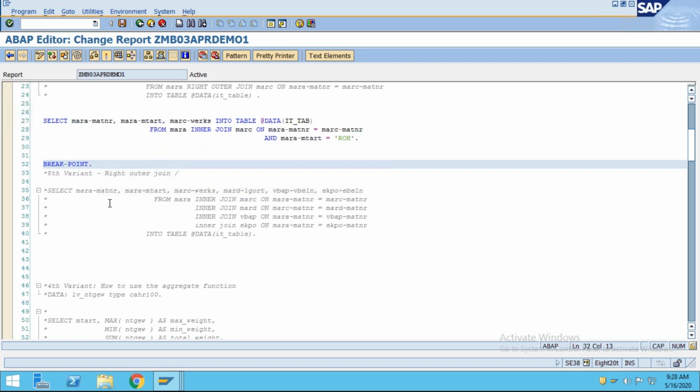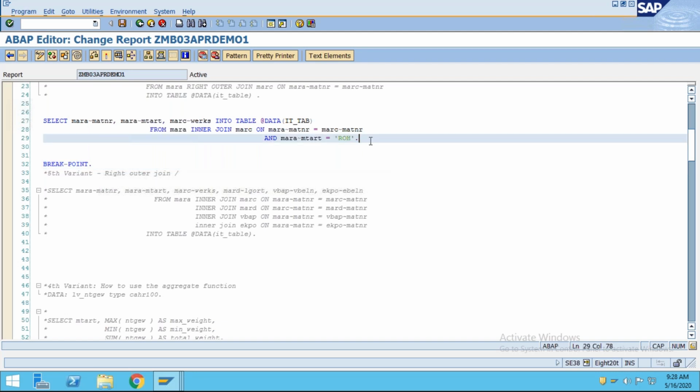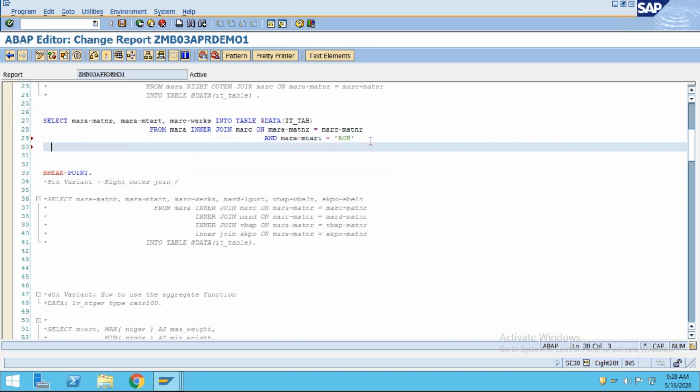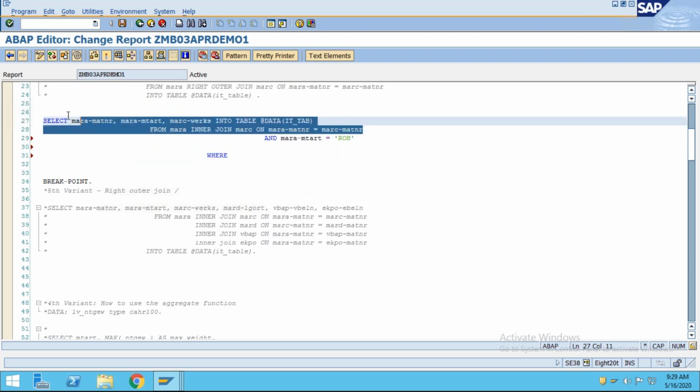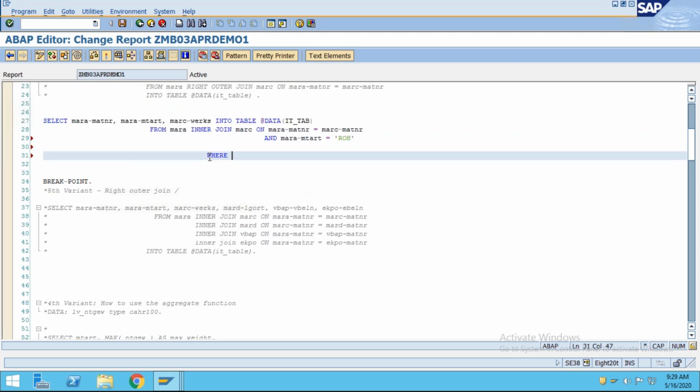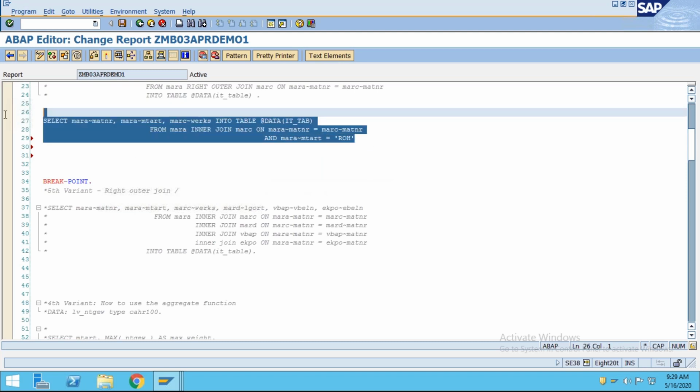Now, let me show you one more thing here, it's the right place. Earlier also it was possible to put the WHERE condition. For example, I'm going to copy this much and I will just comment this.